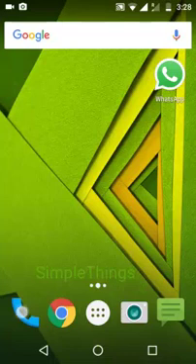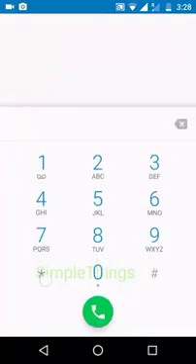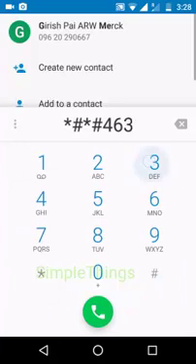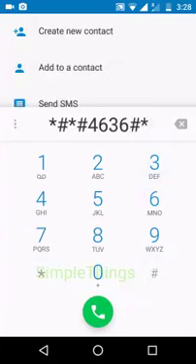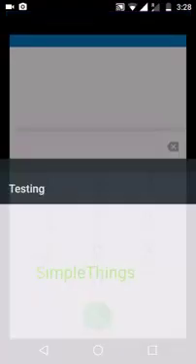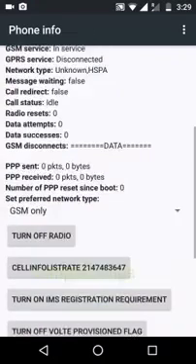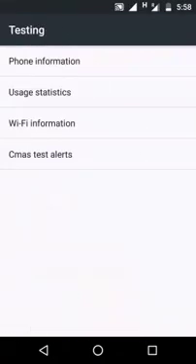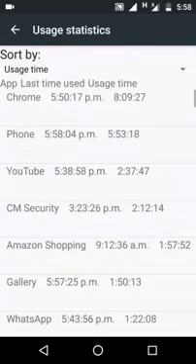See, go to your phone. Type this. You can see. So now you go to phone information, or rather usage statistics, and as you can see here,